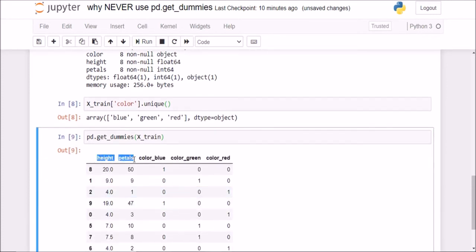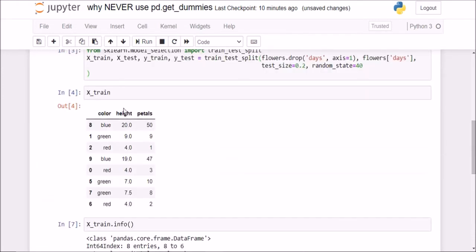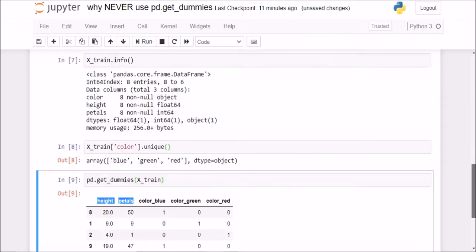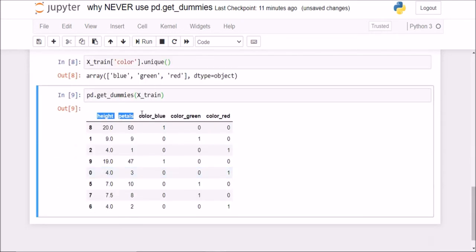The height and the petals have been propagated as they are, but now instead of this one color column of blue, green, and red, I have 3 columns: color_blue, color_green, and color_red. If I do dot join X_train of color, you see what has happened: I have joined, merged these two data frames here.